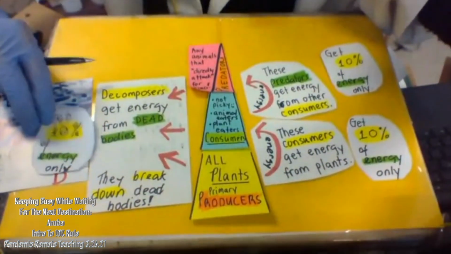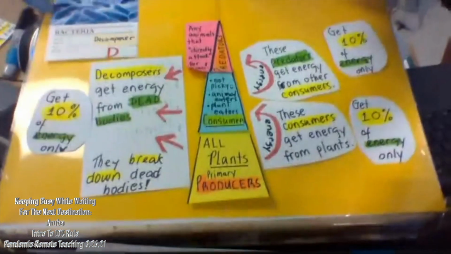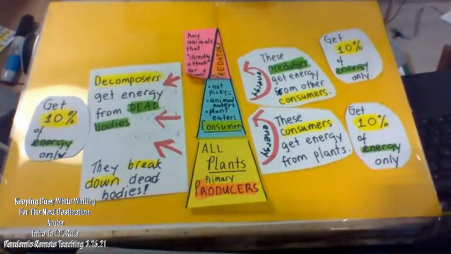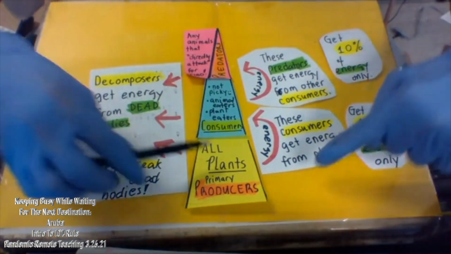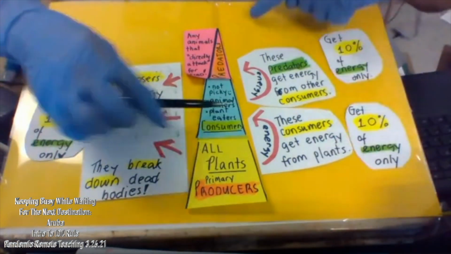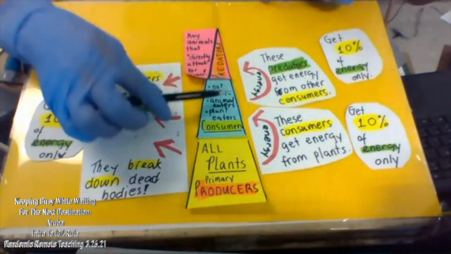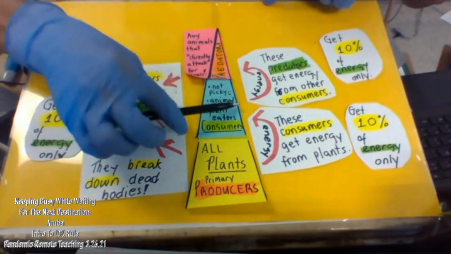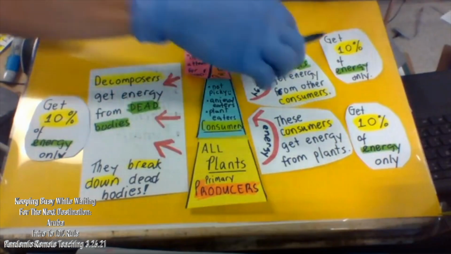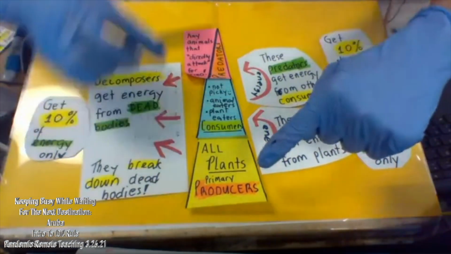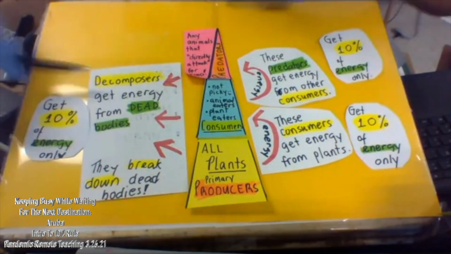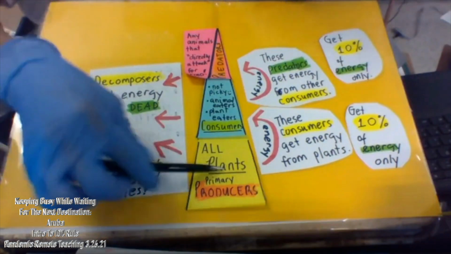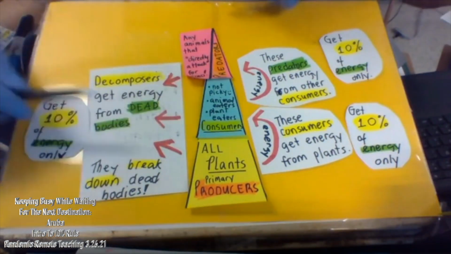Yes, 10% as well. Yeah, it's all 10%. All right. So here, the plants give energy to consumers. They only get 10%. When the predator eats the consumers, they get energy 10% only. When they die, the bacteria, decomposers, get the energy from any one of them. They only get